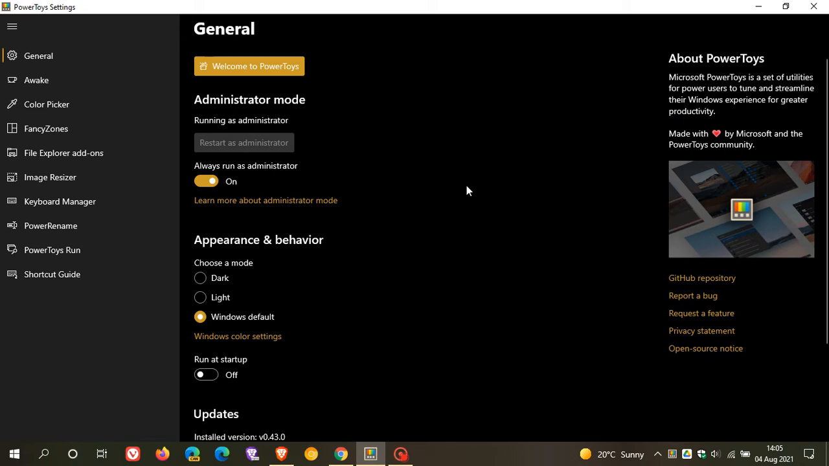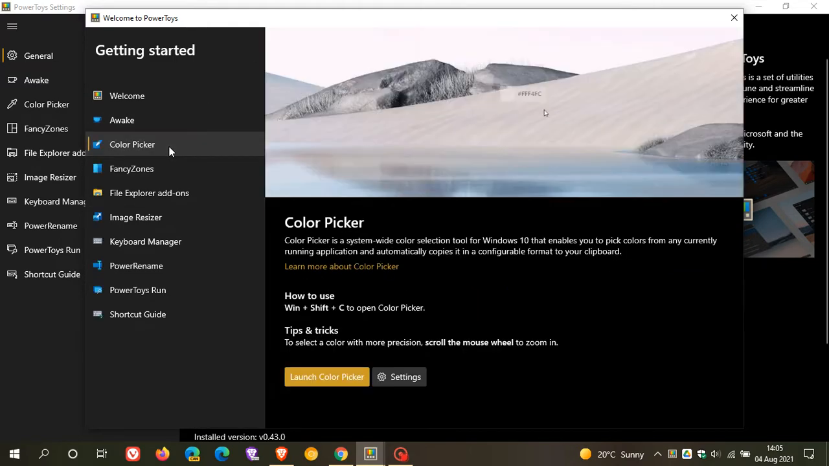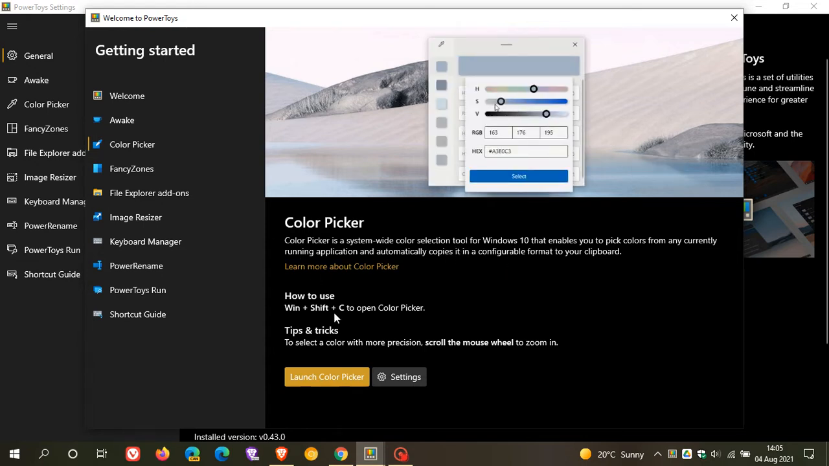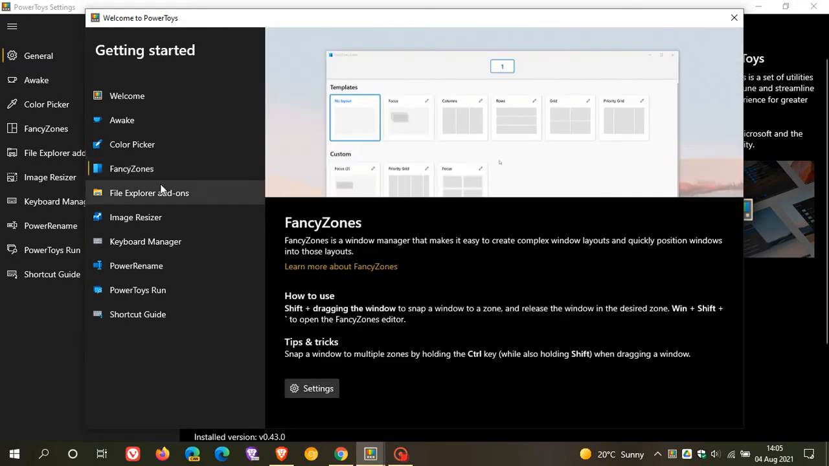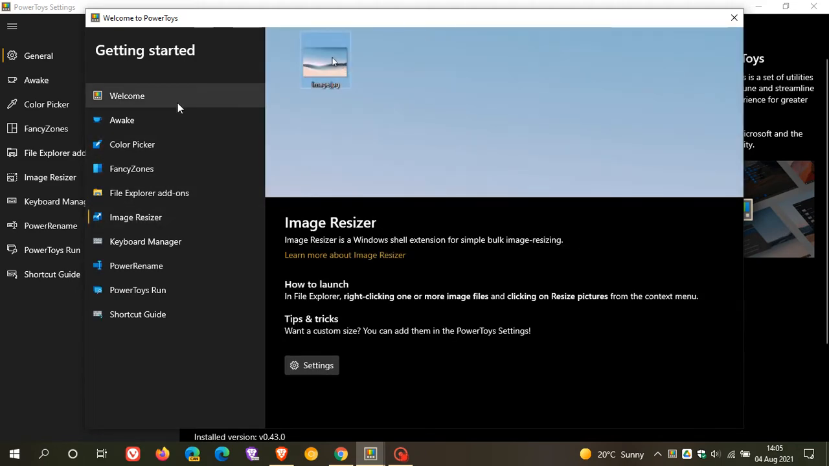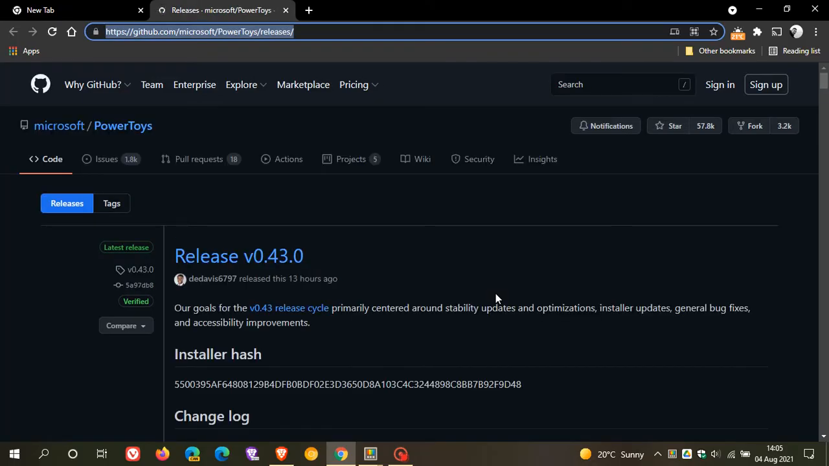Now, if you are new and would like to find out a little bit more about what each utility does, you can just click on Welcome to PowerToys, and this takes us to a welcome menu, and then you can just click on each utility, which will give you a summary of what the tool actually does and how to use it, and some tips and tricks. And this is especially handy if you are new to PowerToys. And if we go back to the welcome screen and we click on the release notes, this takes us over to GitHub,